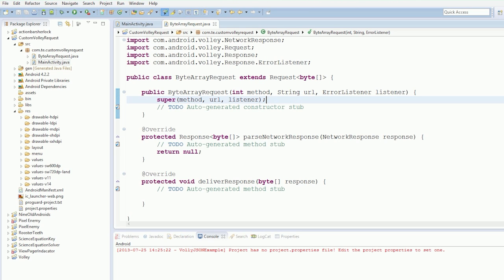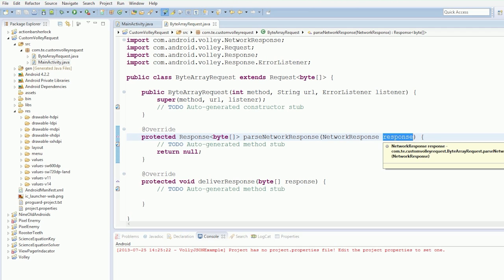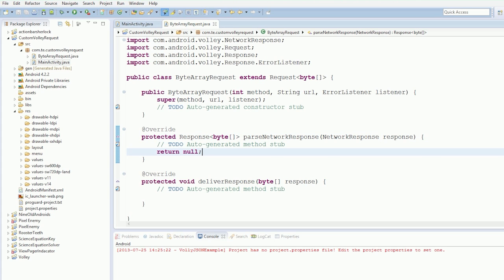When it works, if the request was successful, the network response, if it was successful, this will fire. This parseNetworkResponse method here. Now, see the way here, look, it's Response<byte[]>. So essentially we're going to return a byte array from our response. So we're going to get the data from the response, make it into a byte array, and return it from here. So this is how you would parse something. If you wanted to make a JSON request or an XML file, let's say you want to parse down the network response, it's an XML, into an XML document object. You would do the parsing in here,